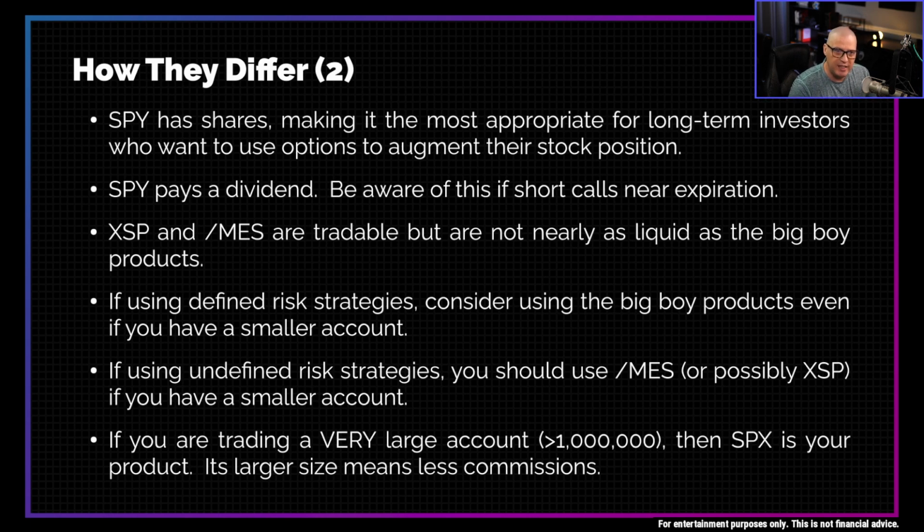Liquidity on SPX and ES and SPY are outstanding. The liquidity on XSP and MES, they're not so good. They're tradable. They're certainly tradable. Just know they're not nearly as liquid as the big boy products. And because of that, I would actually recommend, if you're going to use defined risk strategies, so if you, for example, are selling a credit spread or selling an iron condor, maybe you're buying a debit spread or you're buying a butterfly, whatever it is you're doing, as long as it's a defined risk strategy, go ahead and use the big boy products. Do that in ES, for example, or SPX or SPY, whichever product you prefer,